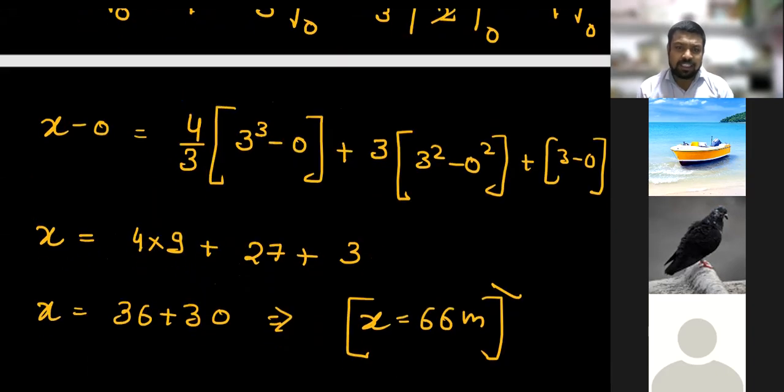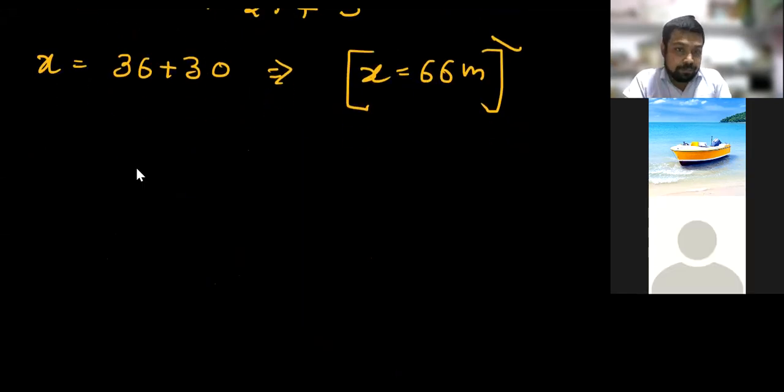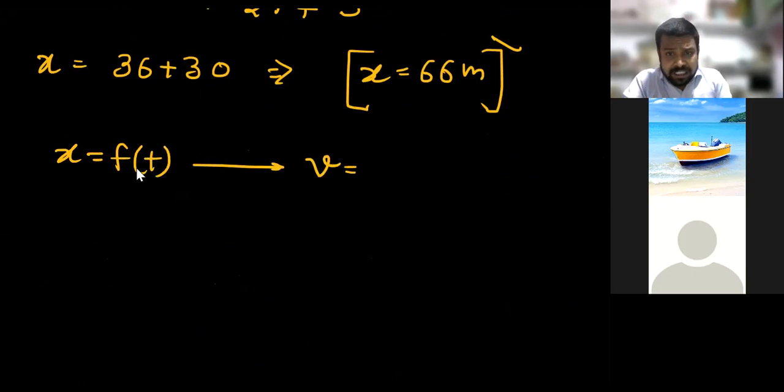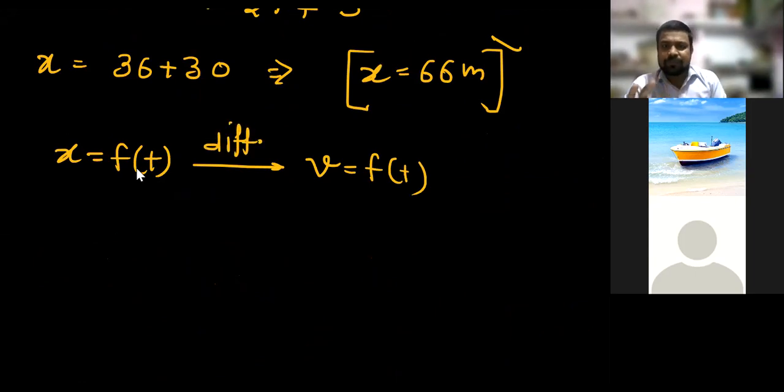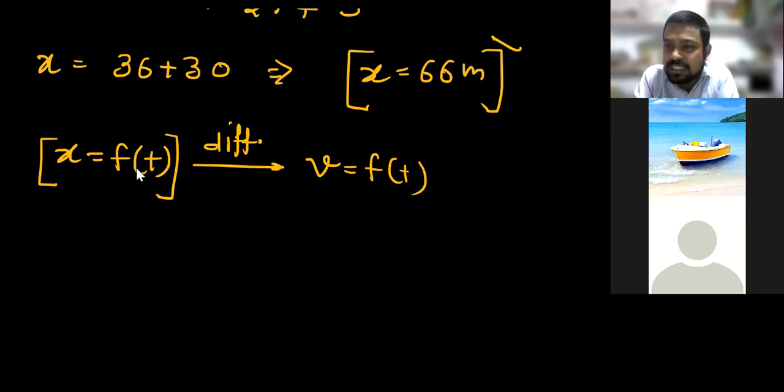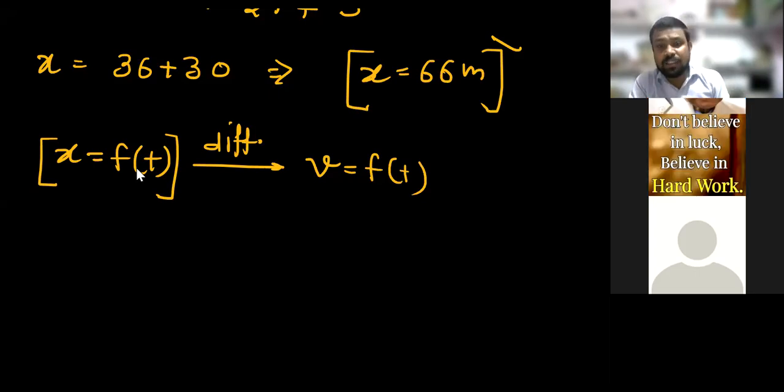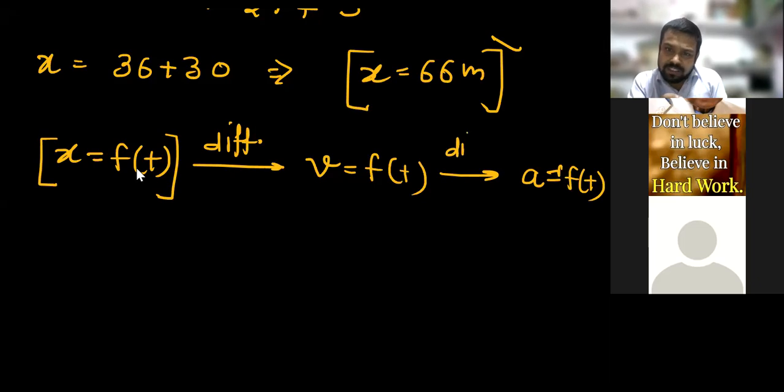So before starting the recap, first of all, let us see one thing. If the acceleration is a function of time, then for velocity as a function of time, you want to differentiate this function. Am I right or wrong? Tell me, if you have the position as a function of time and you want to calculate the velocity, so you want to differentiate this function. Yes, sir. And from velocity to acceleration versus time, then what? It's also differentiate.